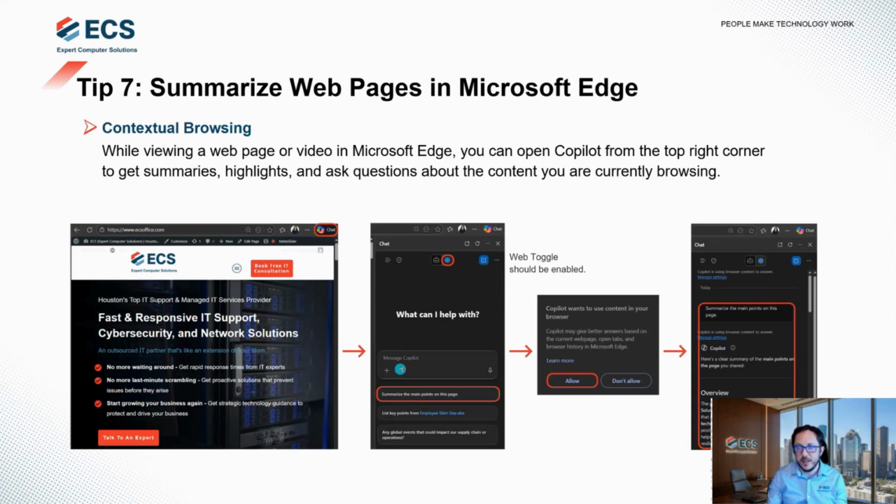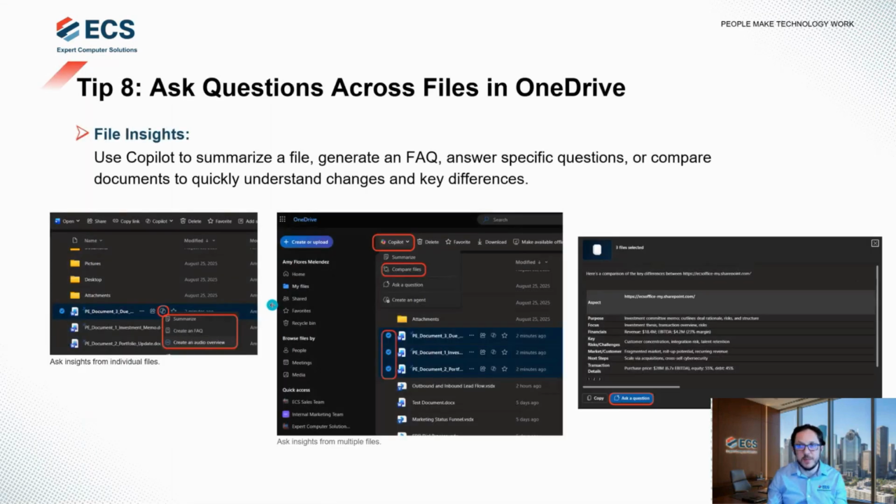You could click on it, and then you could ask questions or analyze pages, just like you do with other things, very specific to what you're looking for. Very nice, very beneficial feature right there, ready for you to use. Tip number 8,